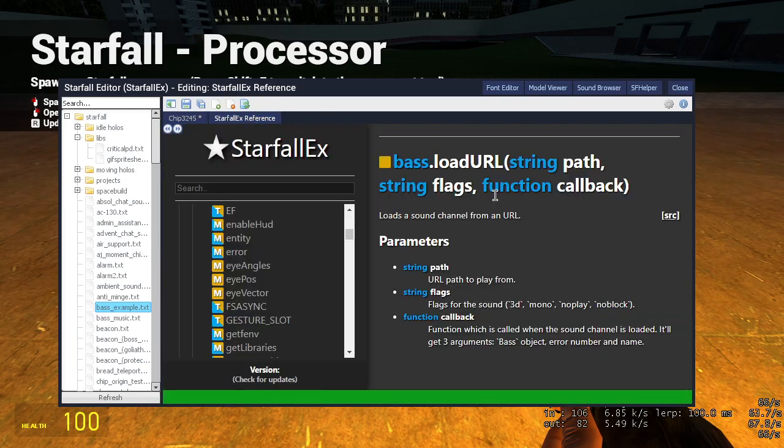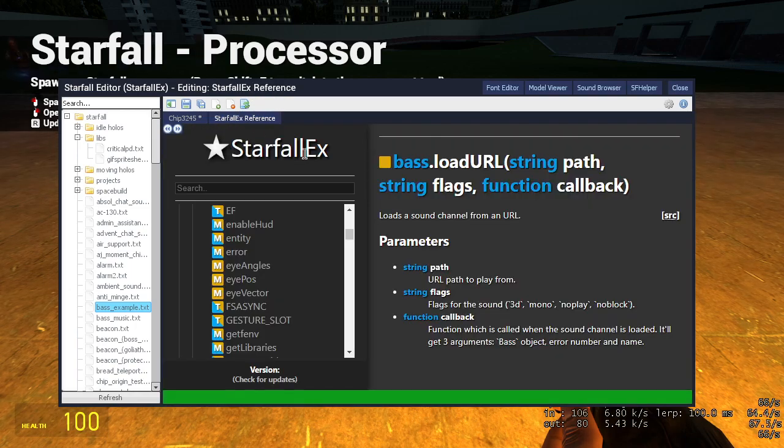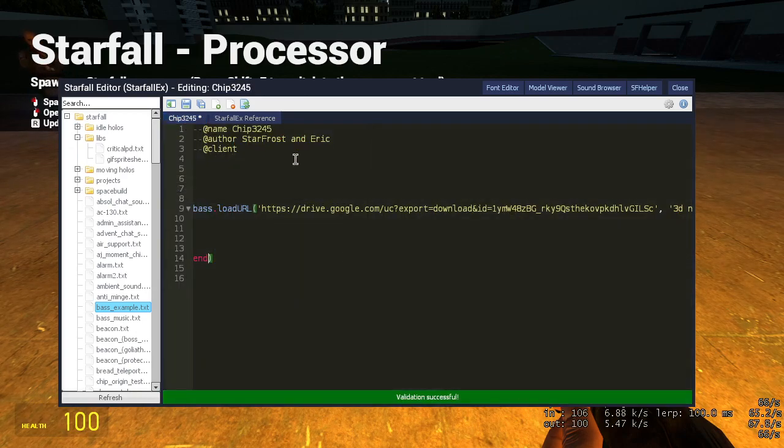And now I'm gonna put this. This will get 3 arguments, which means the sound object, the error number, and the name of said error. So let's only get the sound. So let's do sound